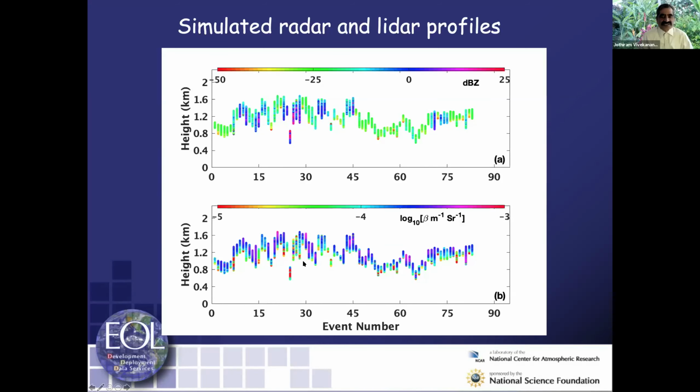The bottom panel shows the LiDAR backscatter, beta, in per meter per steradian units. It's the opposite trend. Most of them show large values of beta at the top of the cloud because we are seeing a lot of cloud droplets at the LiDAR wavelength, 0.5 micron. There's a lot of backscatter. That causes a lot more backscatter compared to the lower part of the cloud where the drizzle droplets exist.